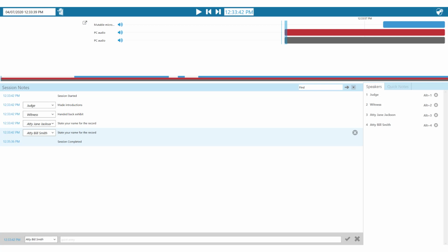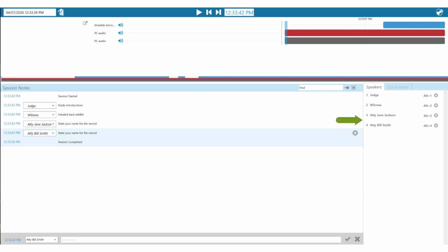Notice that when a speaker ID is added for the first time, the name will be populated in the speakers list, viewable by clicking on the Speakers tab. A keyboard shortcut will be added to each name in the speakers list. You can change the order of the speakers in the list by clicking and dragging the name up in the list. This will also change the keyboard shortcut assigned to that name. From within this list, double-clicking on the name will also add the name to the speaker ID